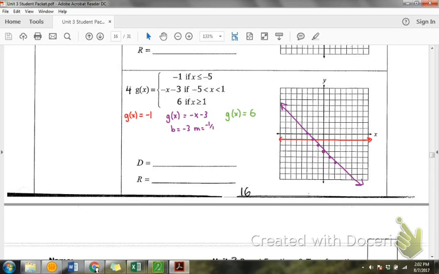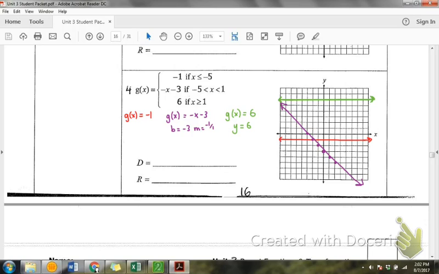And then I have another line that is at g of x equals 6. So what kind of a line is that going to be? Vertical. Not a vertical. Another horizontal line at where? At 6. So how do you know if the lines are vertical or horizontal? Whenever it's g of x, that's another way of saying y, right? Y equals 6. You remember that? G of x is the same thing as saying y. And anything that's y equals 6 is a horizontal line. Yep. I don't remember which one was my first one. Okay. So